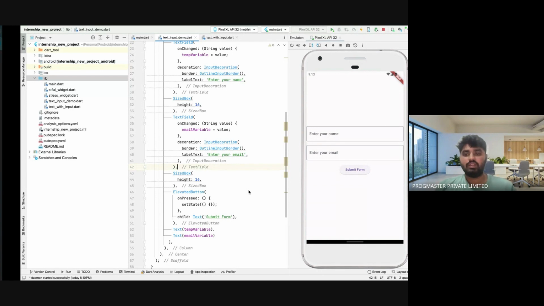If you see, now I'm entering Nikhil. See, it was not shown in the UI because I haven't written setState. I only assigned the value. See, once I click submit form, you see,